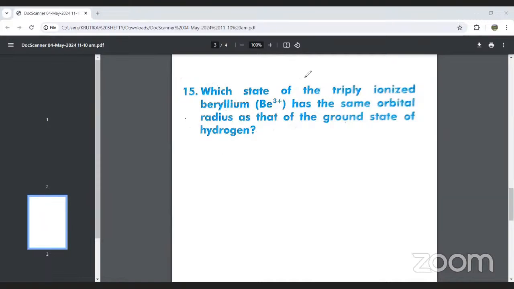Okay. So which state of the triply ionized beryllium has the same orbital radius as that of the ground state of the hydrogen? Yes. So here we can take the radius of the nth orbit. Here the nth orbit is the excited beryllium, which is equal to R1